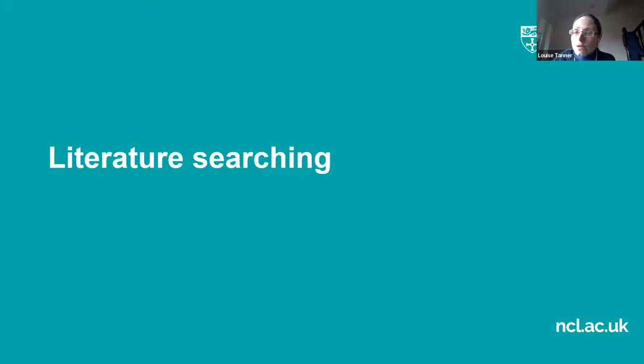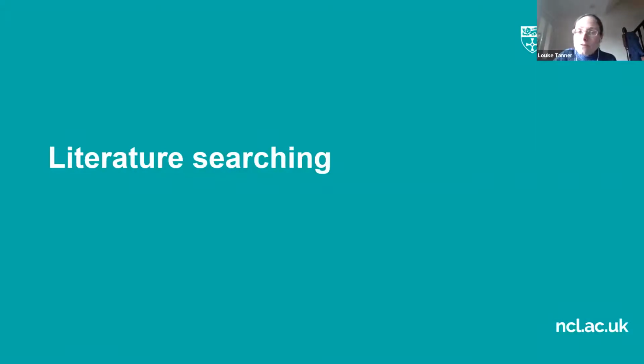Okay, so I'm going to talk a little bit about literature searching. So once you've got to the stage where you've written your protocol, you've published your protocol or registered it on Prospero, so you know what methods you're going to be using. Oh no, actually, you would need to think about your literature searches when writing the protocol, excuse me. So this would be a stage that would need to be considered when developing your protocol. So literature searching is the method that you use to actually find studies to include in your systematic review.